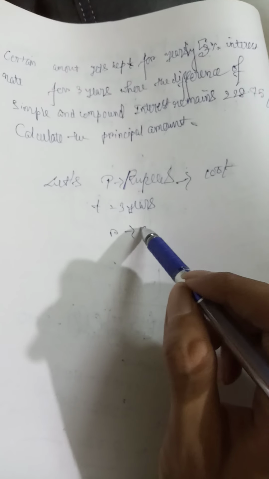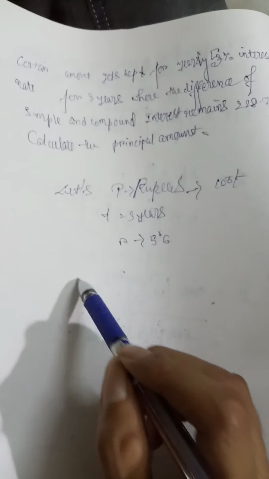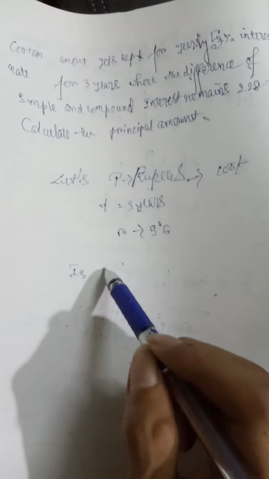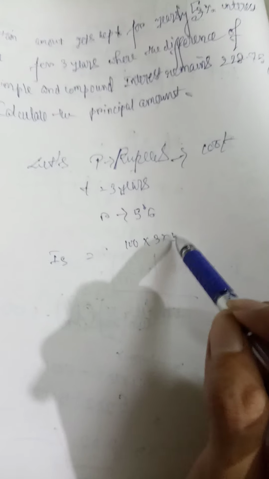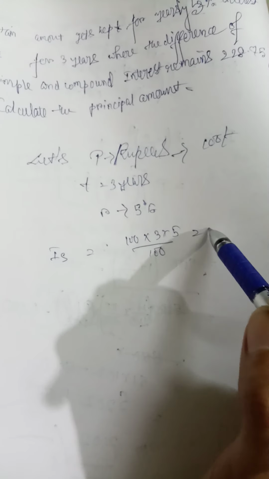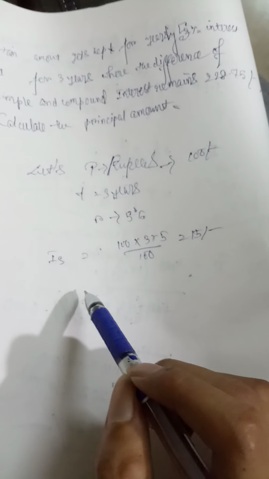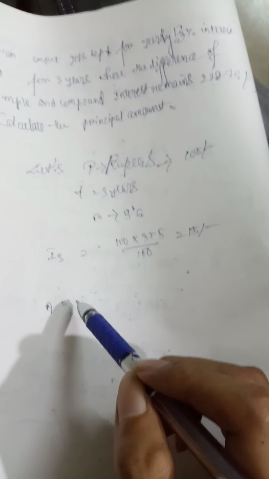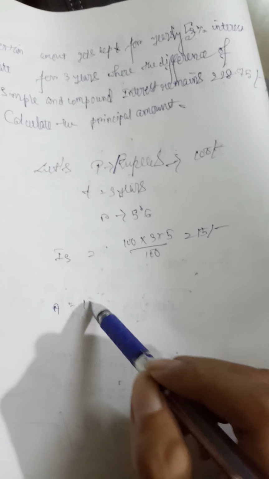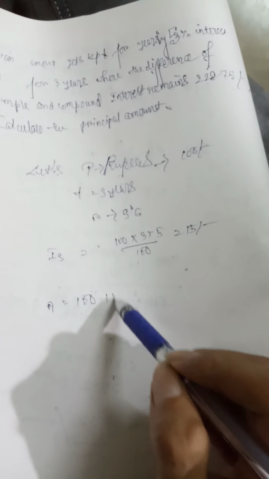The rate is 5%. So the simple interest is 15 rupees, and the compound interest here goes. Let's take the compound amount as A, then 100 into 1 plus